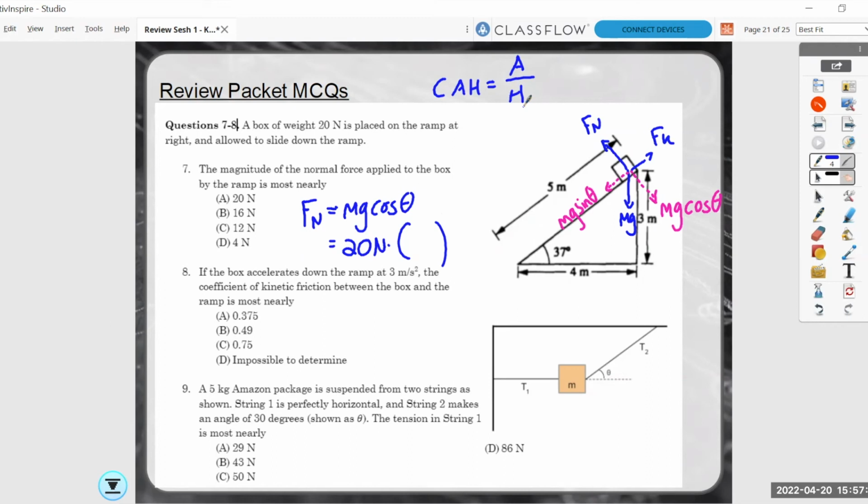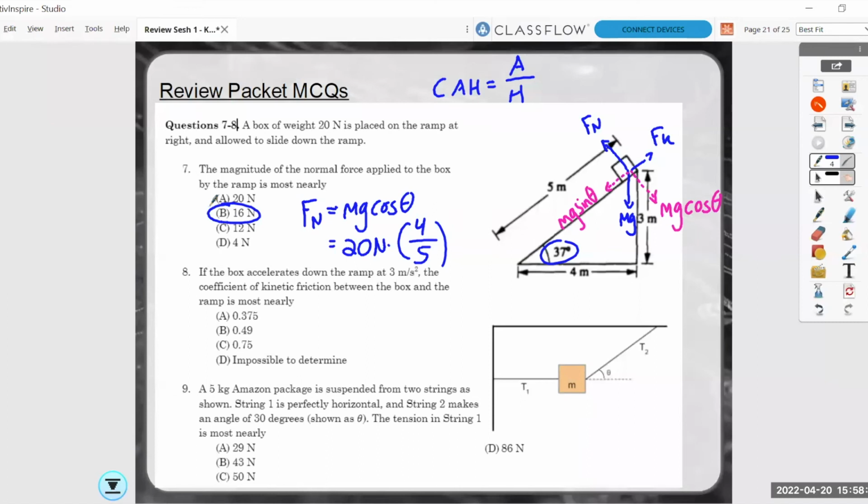Well, if this is my angle, my adjacent side is 4, and my hypotenuse is 5. The cosine of 37 degrees is approximately 0.8. I think the inaccuracy here is that technically this is 36.9 degrees, not 37 degrees. But in any case, we can do 20 times 4/5 and get 16 newtons